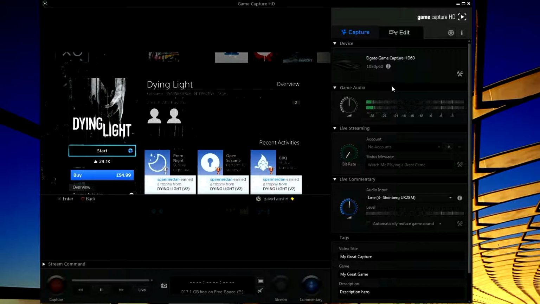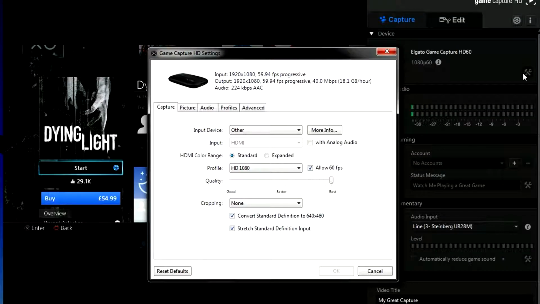Yeah, so that's the layout. Nothing's changed really. Now moving on to the settings, we'll click this little gear icon here first of all. Click on that, and these options here, this is where you can allow to record in